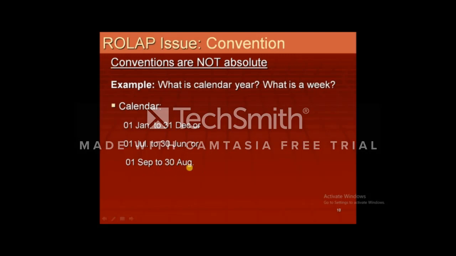Even in a single organization, if there are multiple departments, these departments can work with different calendar year definitions. So when a department working with one calendar year definition shares reports on 31st December with another department, the other department works with its own definition. So it will consider different values for sales or profits than the first department.